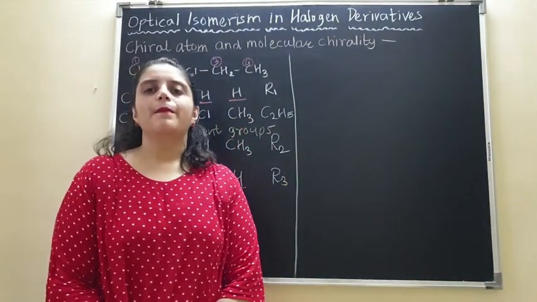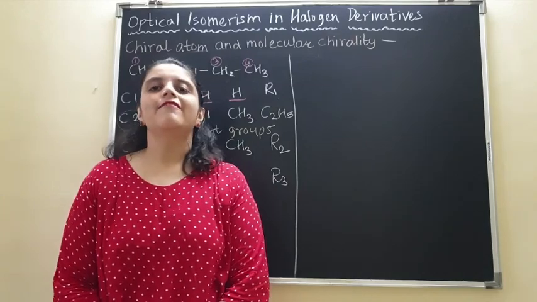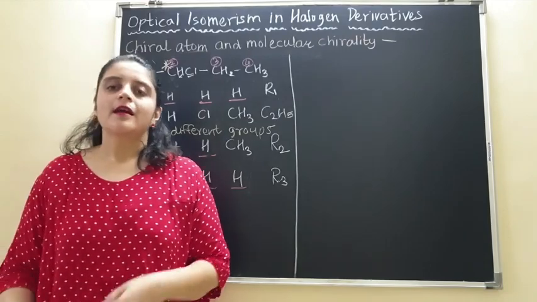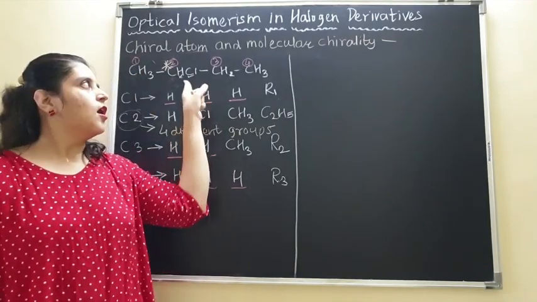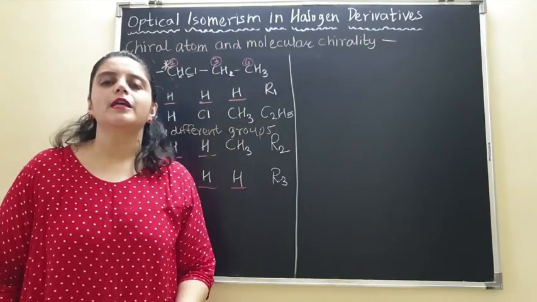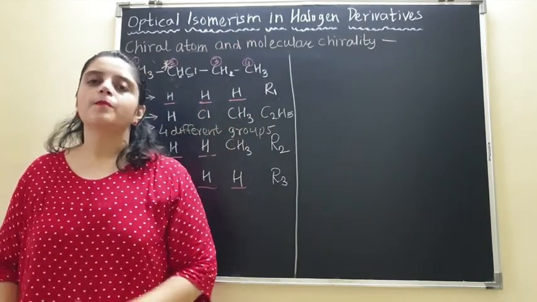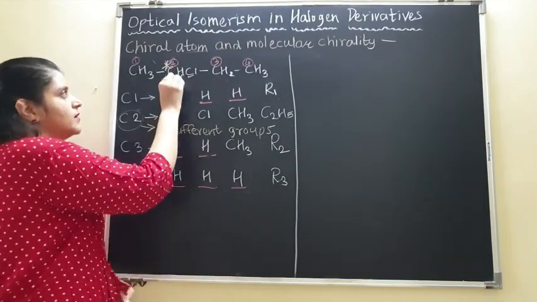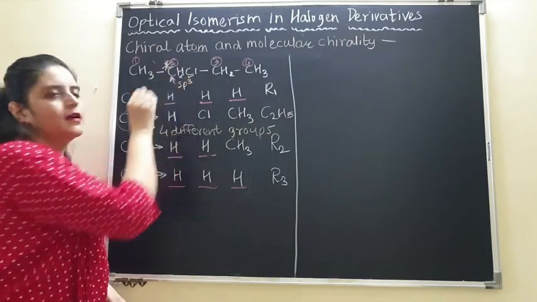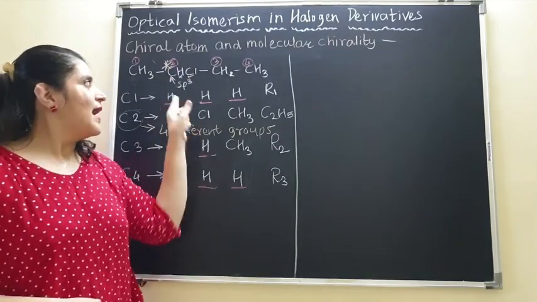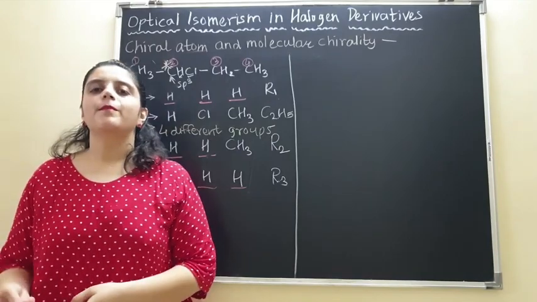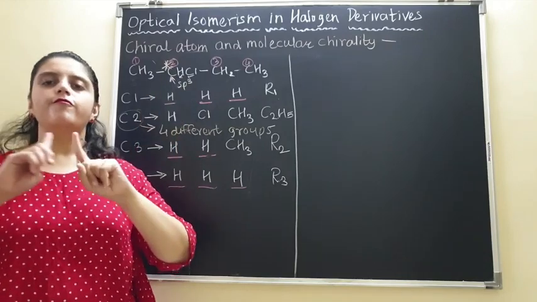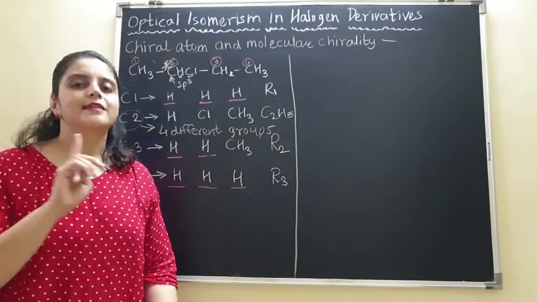So now here we need to apply the concept of mirror images that we have learned earlier. If you have such a carbon in any of the structure, then 2 mirror images of such structure or such molecules are always non-superimposable. So right now you all know that this carbon atom over here is sp3 hybrid carbon atom, and sp3 hybridization will have geometry which is tetrahedral in structure. So now around this carbon atom 4 different groups are attached tetrahedrally.